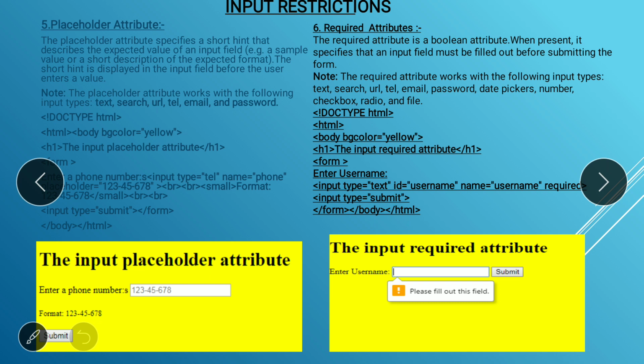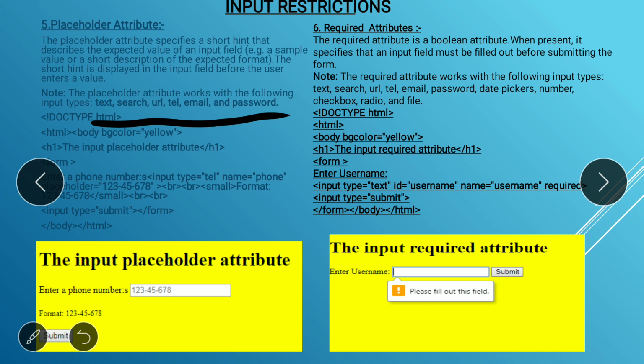Note, the placeholder attribute works with the following input types: text, search, URL, telephone number, email, and password. Whenever you enter a password, you can give the hint to the user about what password to enter, or whenever a user enters an email, you give a short hint about what type of email to enter.